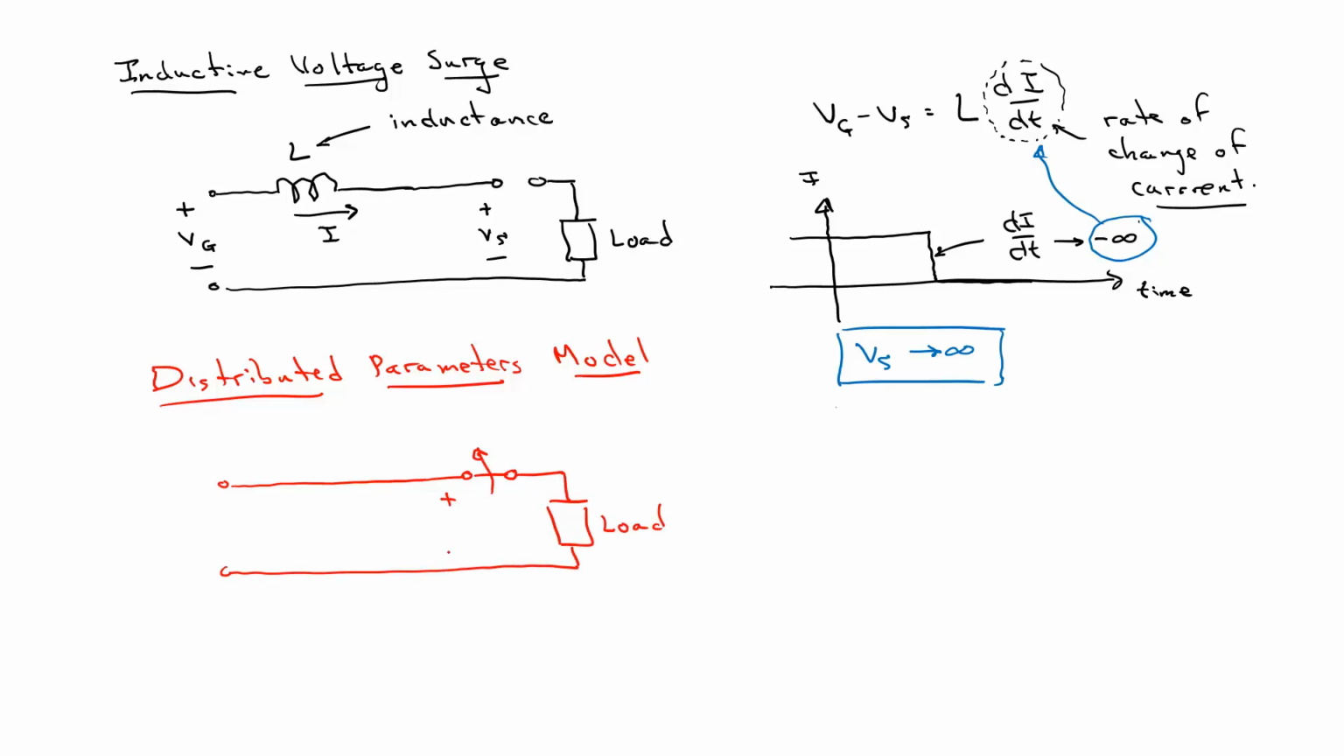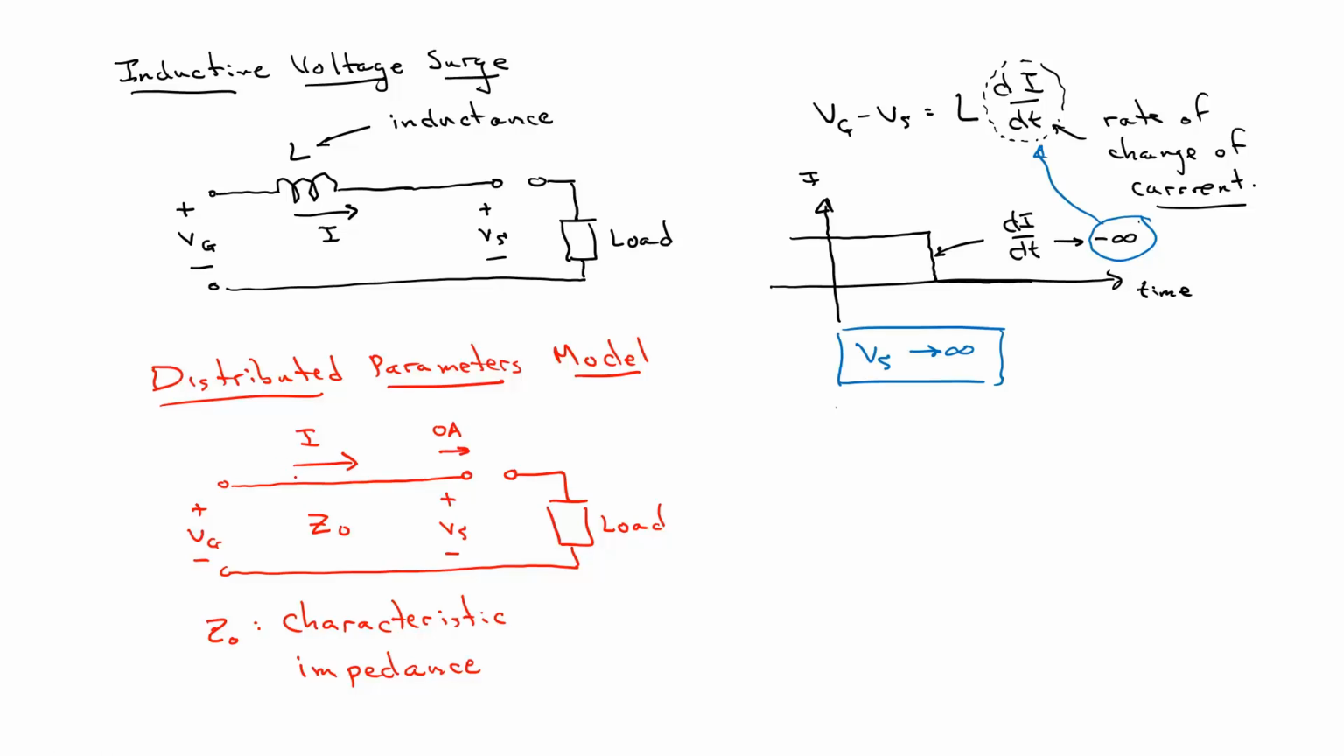I still want to find out what happens to the voltage V sub S when I suddenly open this switch, and I still have an applied voltage V sub G at this end of the line. The current in the line is still I just before the switch opens. In the distributed parameters model, the line is now represented by a distributed parameter called the characteristic impedance, which is represented as Z0. Now when I open this switch, the current here can stop, so I get 0 amps, but